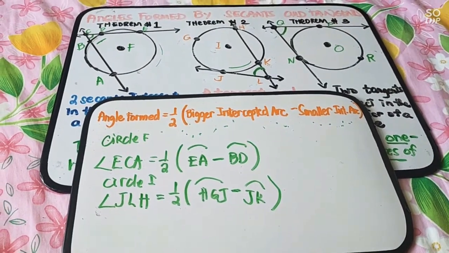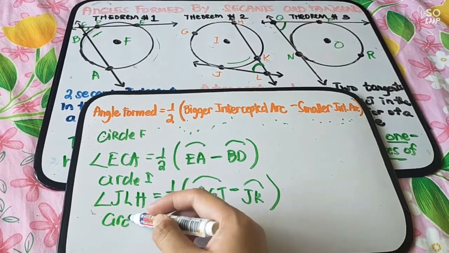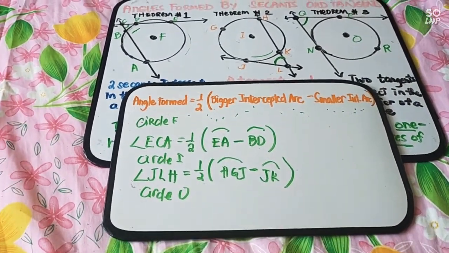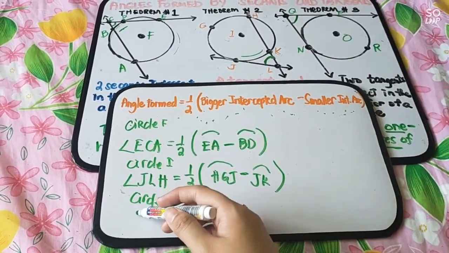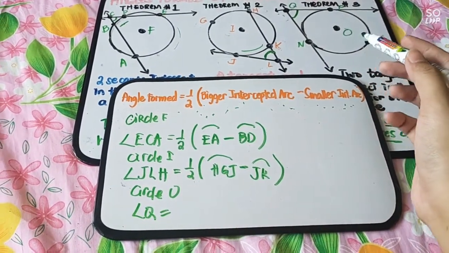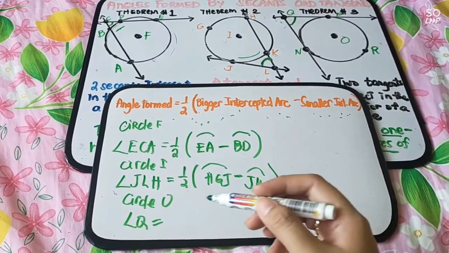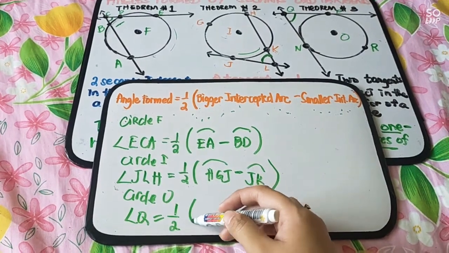Okay? Is it clear? Next, let us have the circle O. So, we have here angle Q. We form an angle Q with two tangents here. So, we have the formula: angle Q is equal to 1/2 multiplied by